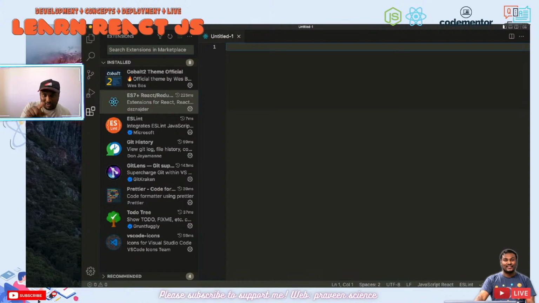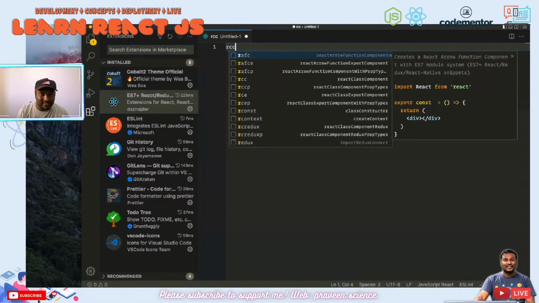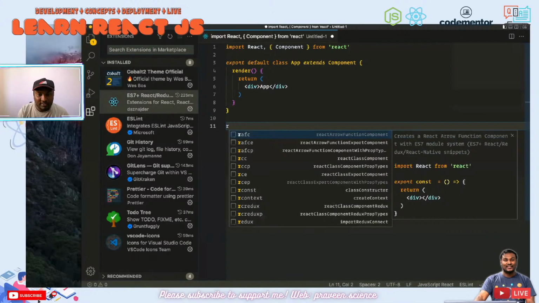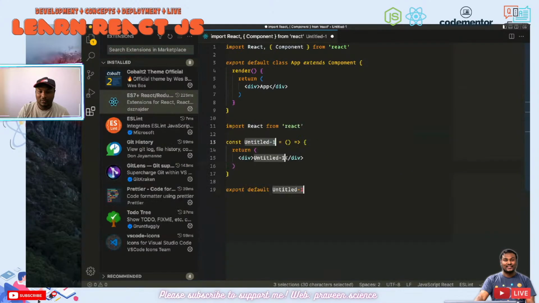So when I have got this particular page done with React's JavaScript, I start with, let's say, RCC. Boom, there you go. So this gives me a complete React class component. At the same time, if I want a React arrow function component with export, all I need to do is